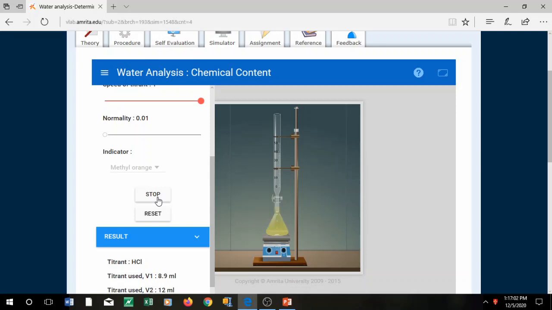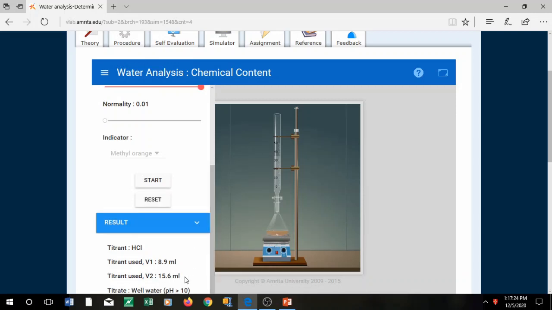Because alkalinity determination is a double titration. We use two indicators together, phenolphthalein and methyl orange, one by one. In another separate video, I'll showcase the alkalinity experiment in detail. As of now, I think you understood that we have to use two indicators one by one. Stop. Now as soon as you see a color change here, I clicked on stop, and now if you go down here, V1 and V2, you can get two values.